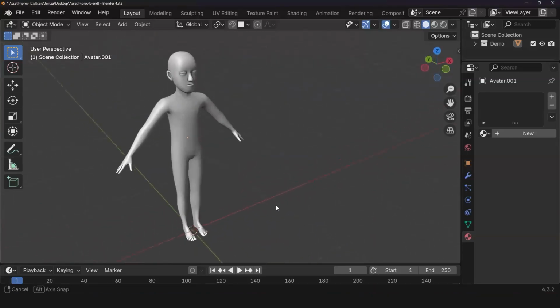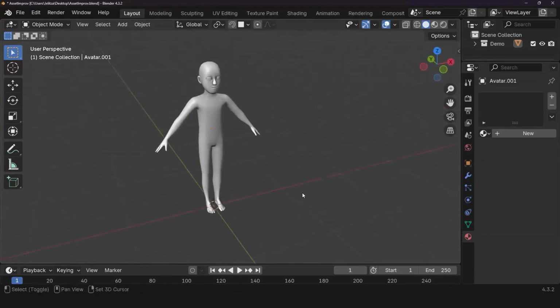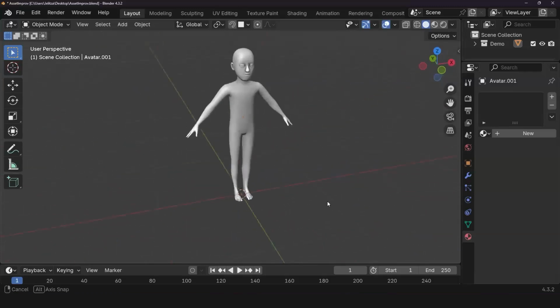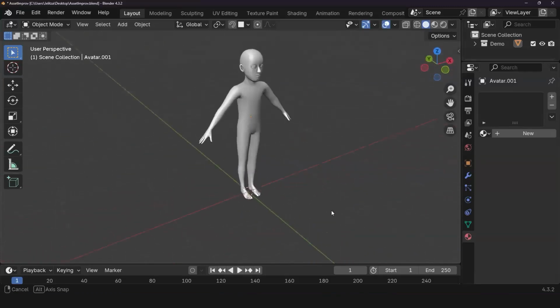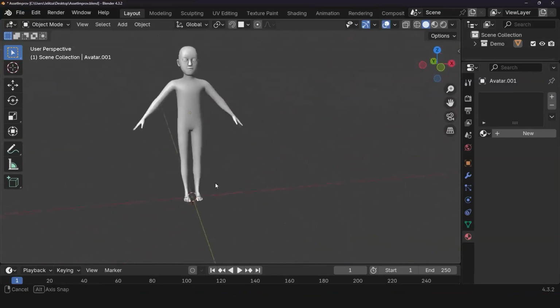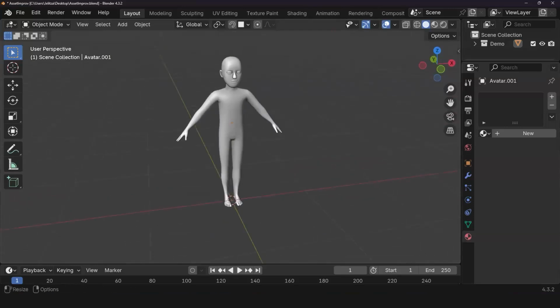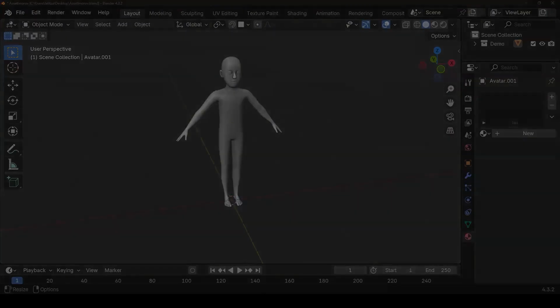All right. So I have my avatar friend. I always like to have him as a reference, because, theoretically, it's nice to build your models with a sense of space in mind. Now, when you're doing a 3D model, it's nice to have a reference image. Always do your research.